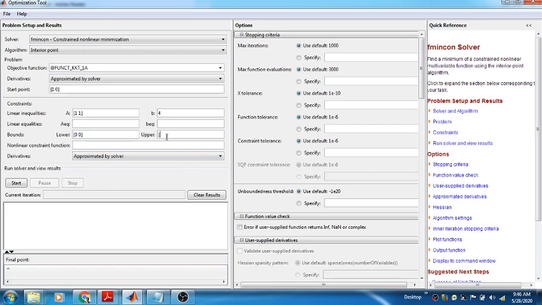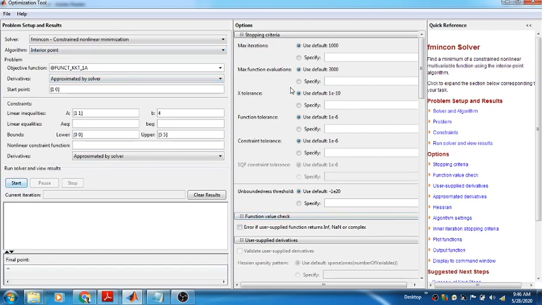That is the lower bound, and the upper bound, let's say 5 and 5, right? We don't have any non-linear constraint here. We will do the problem of how to handle non-linear constraints, that means x square, x cube, all these things, later. But I am trying to say that we can learn it one by one.